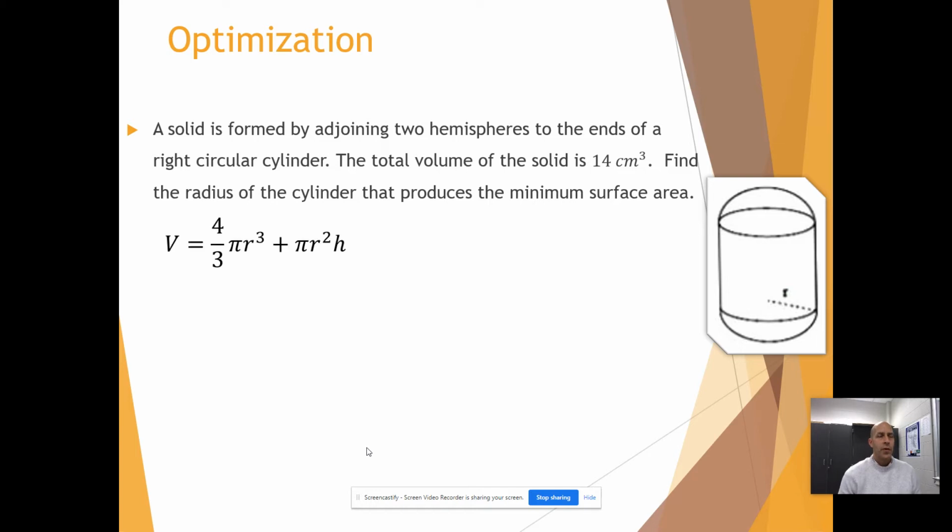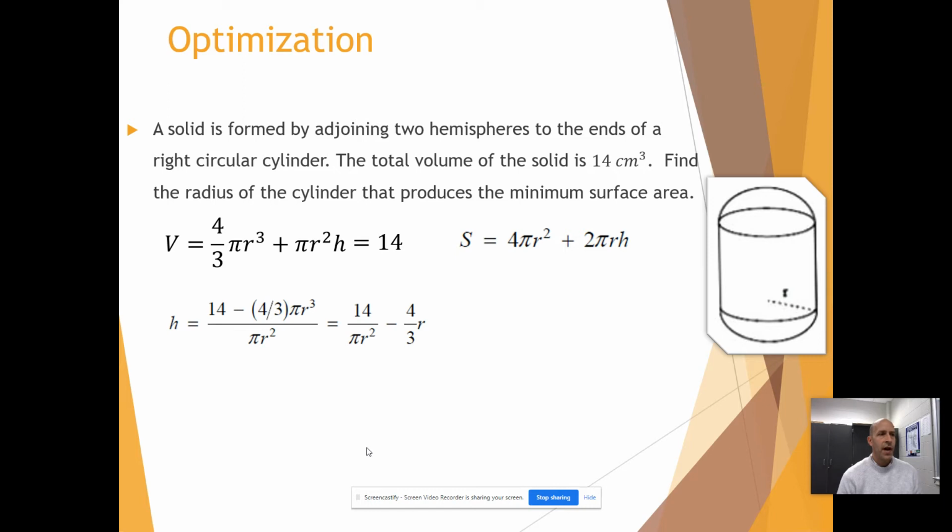So what we want to do is come up with our primary and secondary equation. This is actually going to be the secondary equation, which is the volume equation, because we already know what the volume is. The volume in this case is 14, and it's just the volume formula for a sphere plus the volume of a cylinder. Our primary equation, we'll call it S, which stands for surface area in this case, is the surface area of this solid, which is simply the surface area of a sphere plus the lateral surface area of a cylinder. Now we can use our secondary equation, the volume equation, which we know is equal to 14,